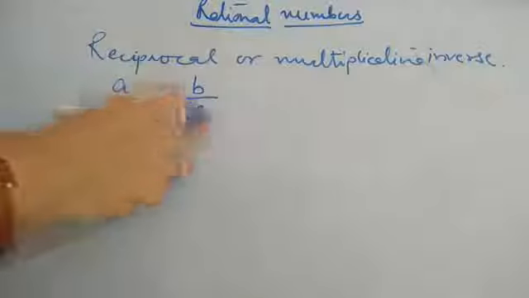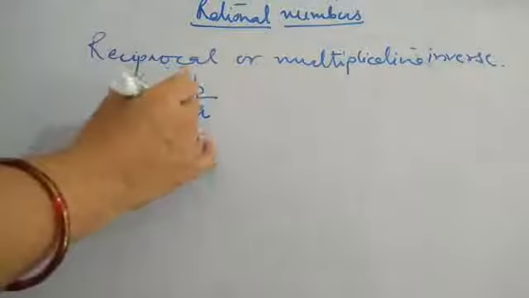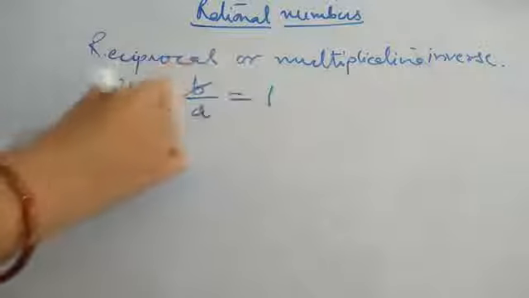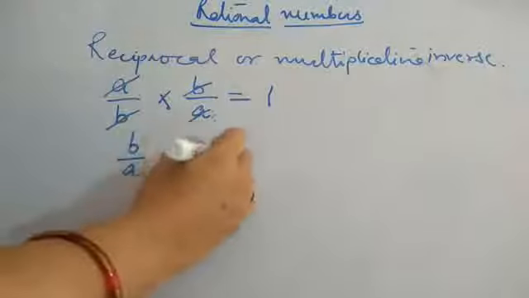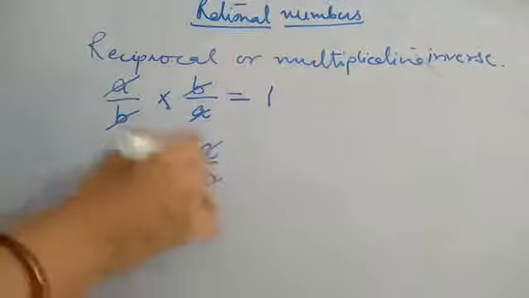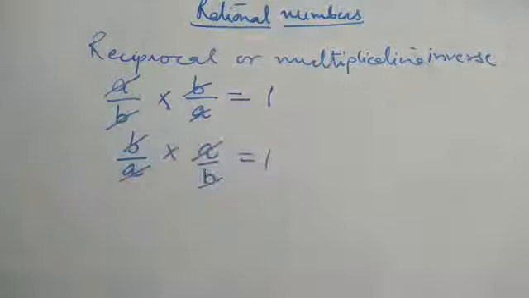That is, the reciprocal of a rational number is such that when you multiply the two, the answer is 1. Okay. Suppose the number is b upon a, its reciprocal will be a upon b. When you multiply, the answer should be 1. That is, the reciprocal of a number is its inverse, so that when you multiply the number with its reciprocal, the answer is 1. Okay. Now, reciprocal of 0 does not exist. Remember, children. And reciprocal of minus 1 is minus 1 only. Reciprocal of 1 is 1 only.